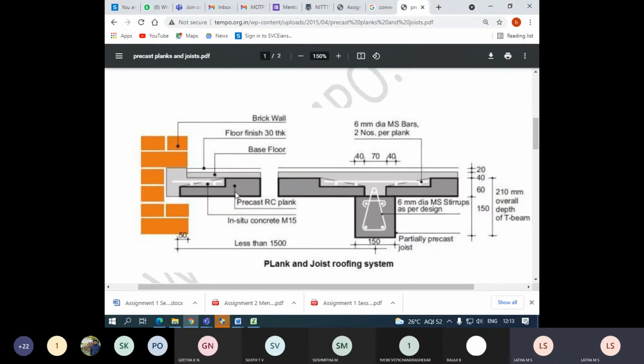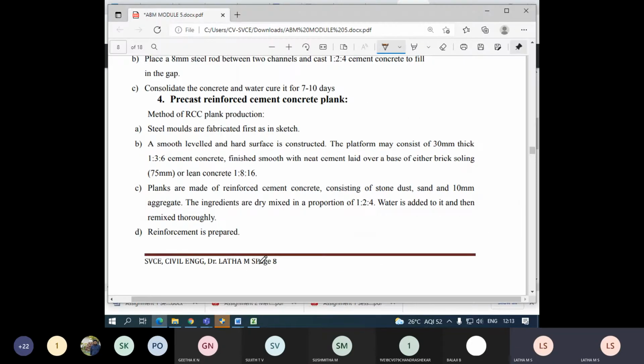It is nothing but a rectangular RCC plank, a rectangular slab which is used for shelter, and the dimensions and the design of it are well designed in hand before construction. So to understand more, we have the method of construction.